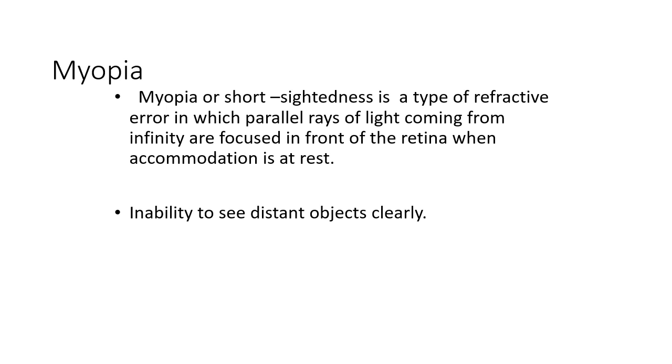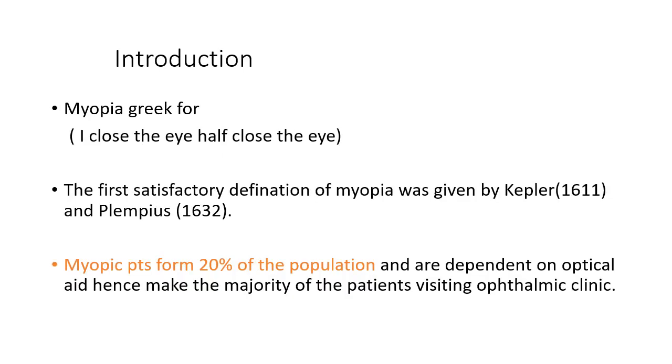Inability to see distant objects clearly, that is the main symptom. So what is myopia? In Greek, it means I close the eye, half close the eye. The first satisfactory definition of myopia was given by Kepler and Lemphis. Myopic patients form 20% of the population and are dependent on optical aid, hence make the majority of the patients